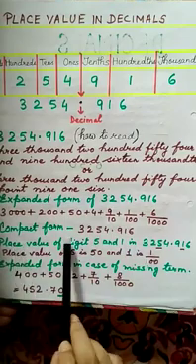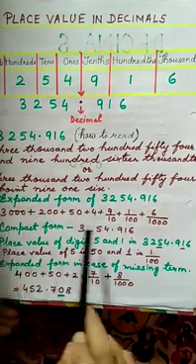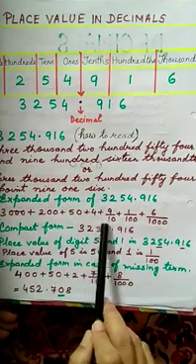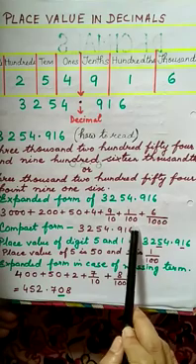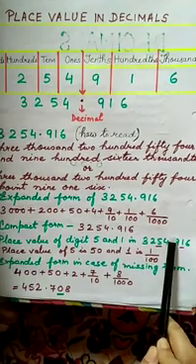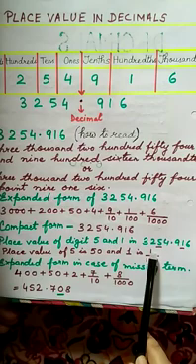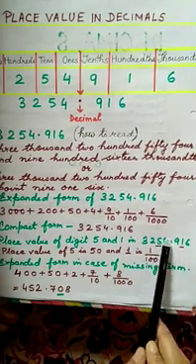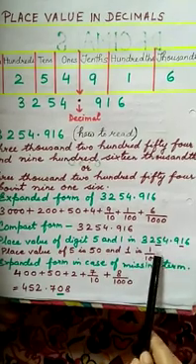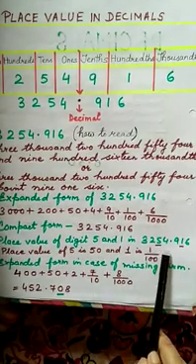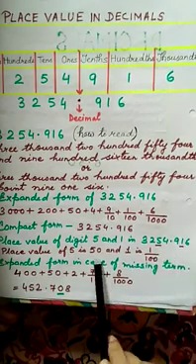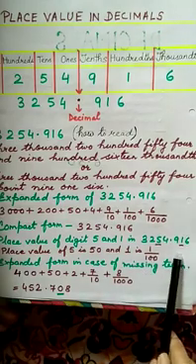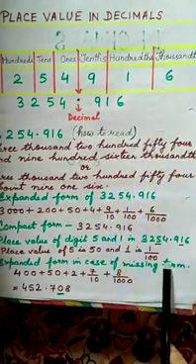Now how do we write this in compact form? We write it in compact form as 3254 point and then the decimal part 916. Now if we have to find the place value of the underlined digits here, how do we do it? The place value of 5, it is the whole number side. So place value of 5 will be 50 because we have one digit after 5, so we put 10. The place value of 1 is 1 by 100 because 1 is in the hundredths place.